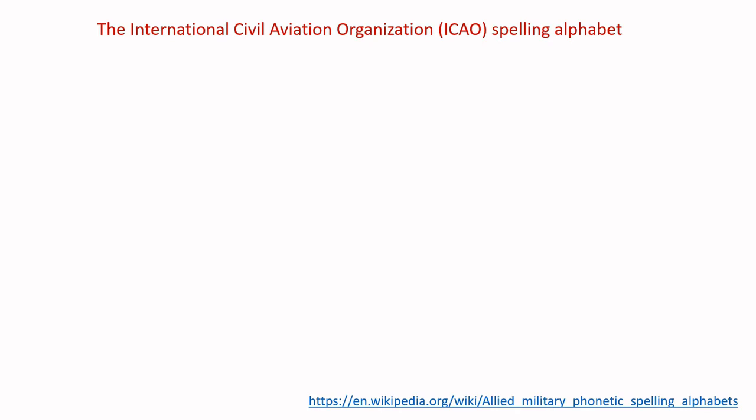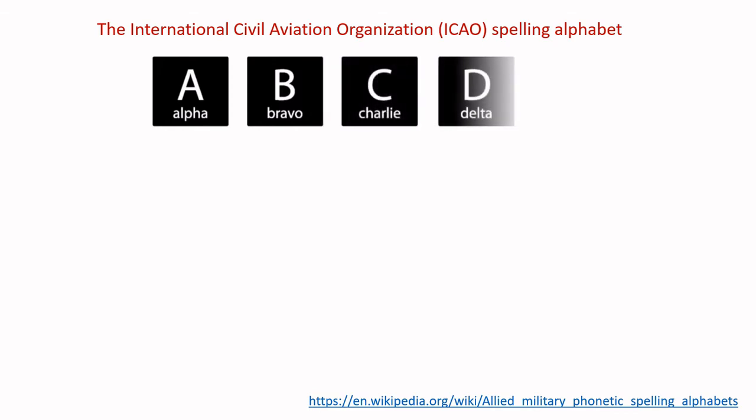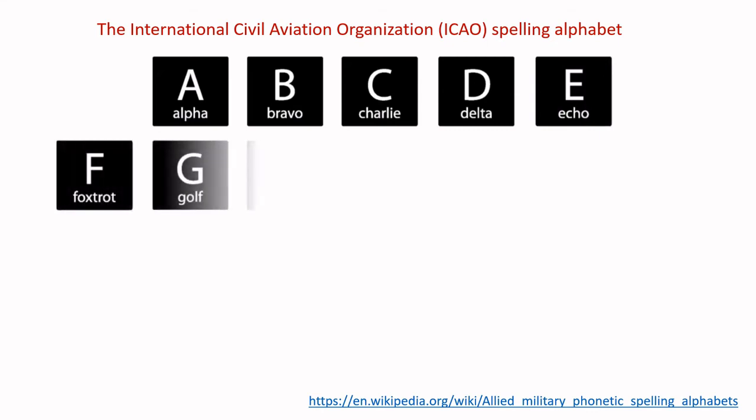ICAO, or the International Civil Aviation Organization, spelling alphabet. Alpha, Bravo, Charlie, Delta, Echo, Foxtrot, Golf, Hotel,